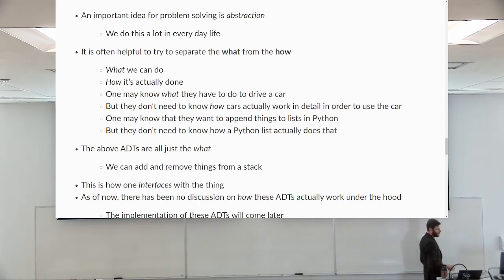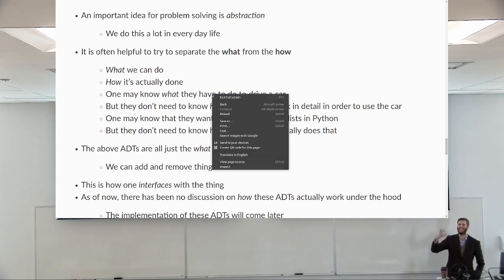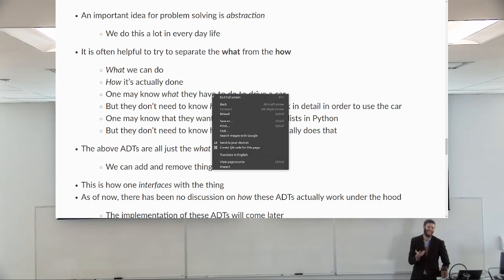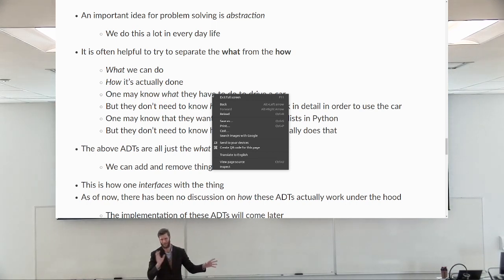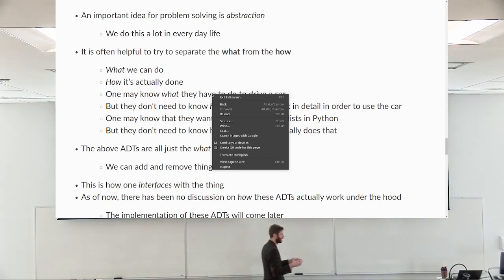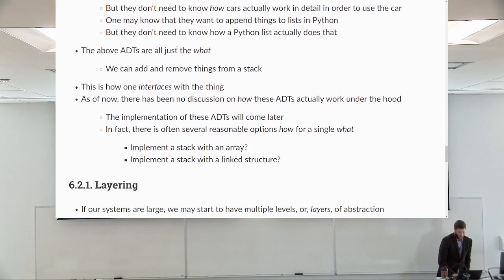So the above are ADTs, abstract data types. A stack, it's not a type. It's not like an integer, right? But it's more of an abstract collection of integers. So we call them ADTs, abstract data types. So what can we do with an ADT, like a stack? Well, I can add things and remove things. How does that work? I don't care. I just want to be able to add things and remove things. Now,